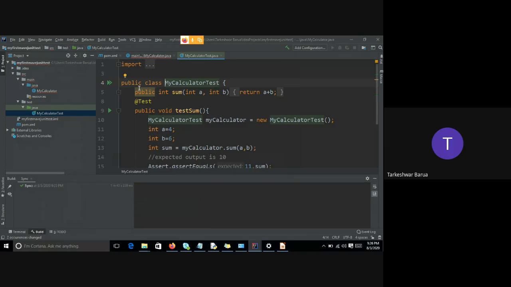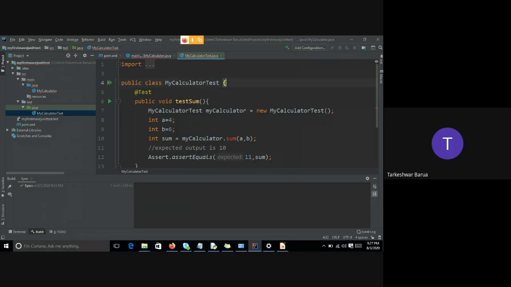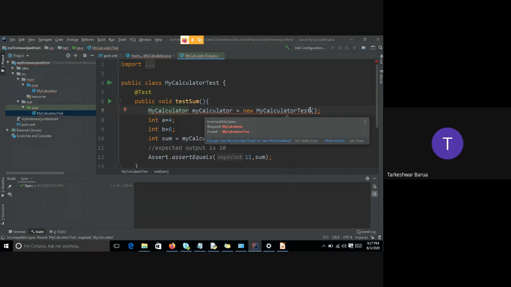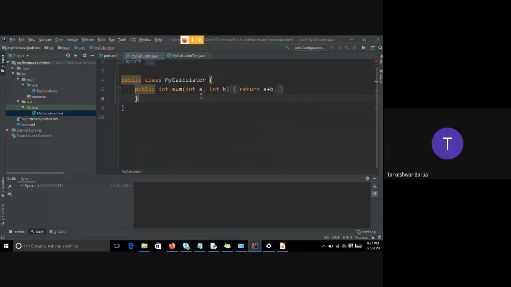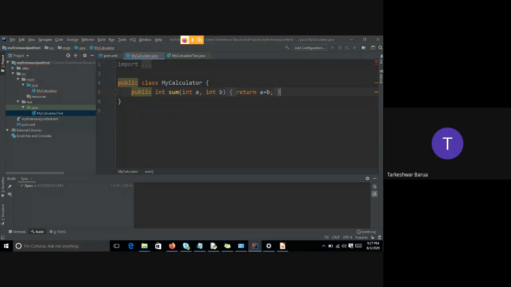Okay, so now what I'll do is simple. I want to write a test case for testing my calculator, because I have written this code in this class file, and I want to test it in this place.